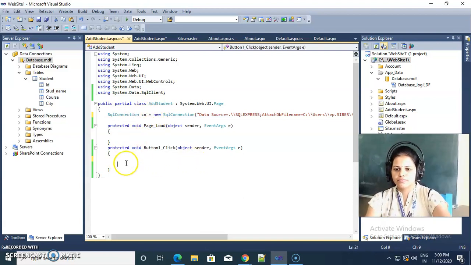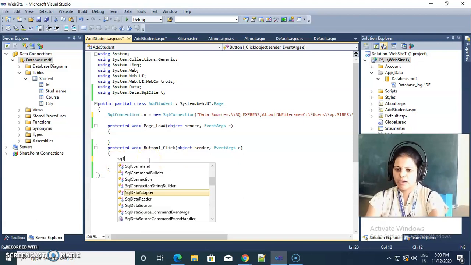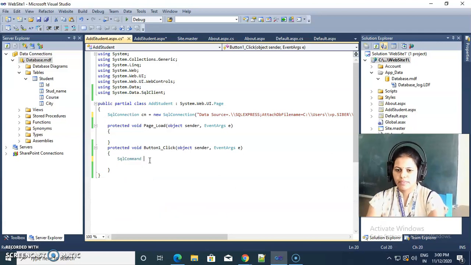Now we take one SqlCommand object, cmd is equal to new SqlCommand. Here we need to give one SQL command like insert, update, delete, or select. Here we want to fetch all the data from the student table and add it to the grid view.